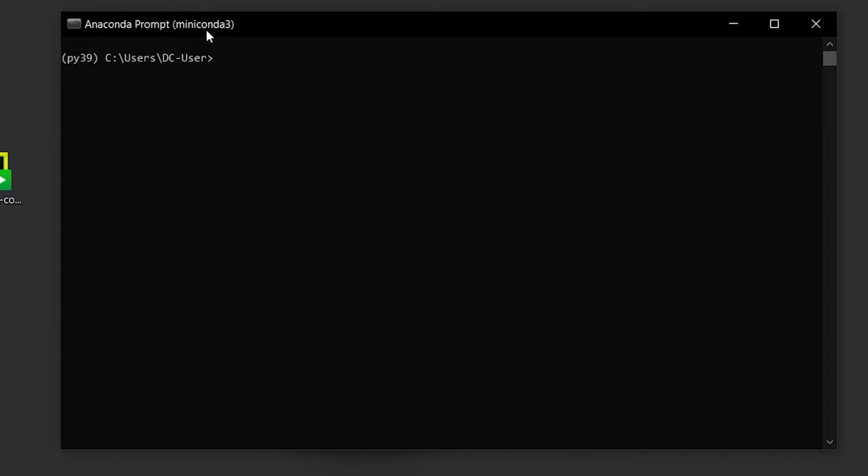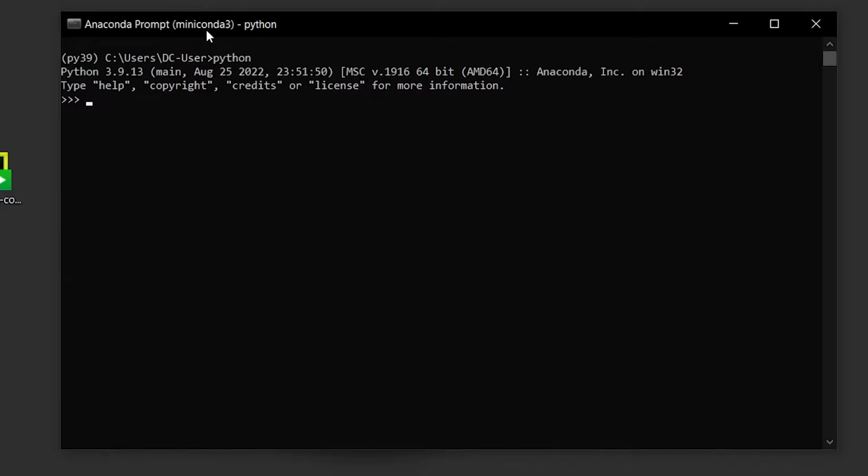The first thing I'll show you is how you can enter a Python environment. To do that, you would just type in Python and then hit enter. As you see, it starts Python version 3.9.13. And so now you are actually in a Python